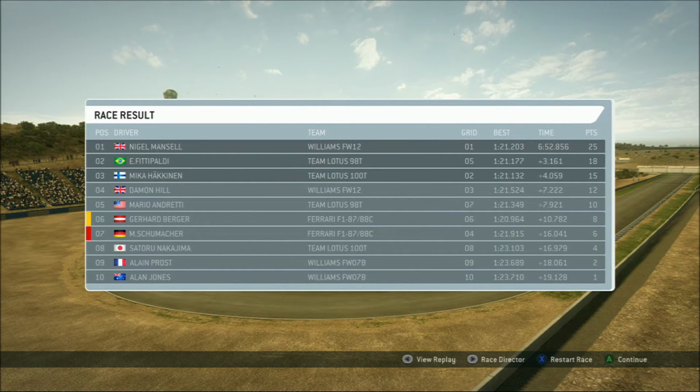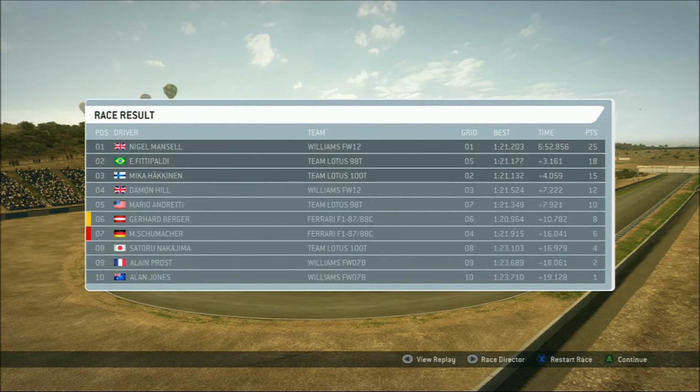So Nige obviously takes the victory from Fittipaldi and Hakkinen making up the podium. My teammate P6, so not a great race for the Ferrari guys here, P6 and 7. But knowing Michael Schumacher, I will come back as him in the next race. We've got 3 more races to salvage the championship. So 75 points up for grabs, but the gap between me and Mansell will be quite high now, as we'll see in a second, and the gap is